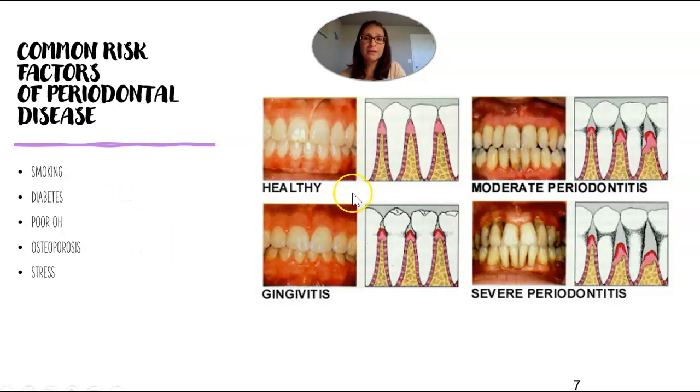It usually begins with gingivitis. You might notice that during times or periods in your life when you're under a little bit more stress, your gum tissue might be a little bit more red, a little bit more irritated. It might bleed a little bit more when you floss or brush your teeth. That can be an indication of stress, especially now with what we're going through with the COVID-19 pandemic and the uncertainty of our